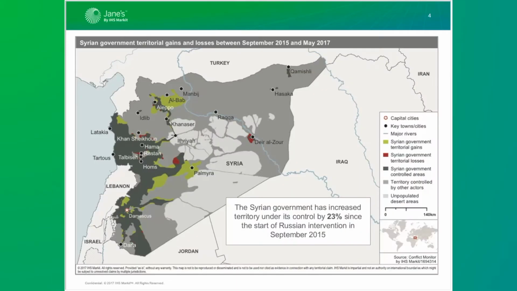What you can see on the screen is a map showing the Syrian government's territorial gains and losses between September 2015, which was the start of Russian intervention on behalf of the government, and May 2017. The dark areas are areas of territory that hasn't changed in that period, controlled by the government. The light green areas are those that the government has recaptured in this time period, and the red areas are territorial losses. Now, overall, we can calculate that's a 23% gain for the government, and it also includes some key